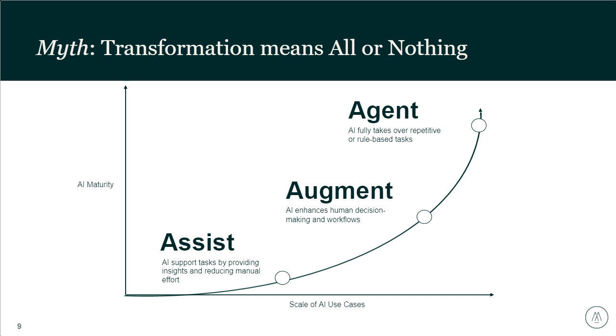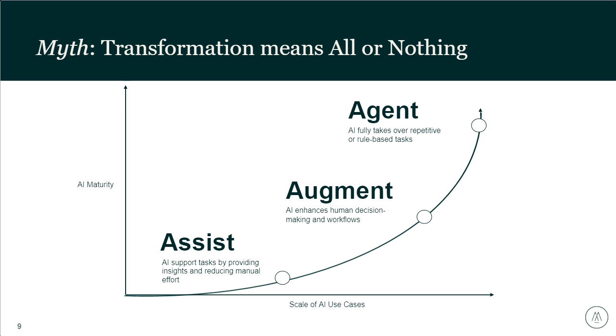When you have this initial progress where you're able to gradually build on your AI maturity and gradually scale your use cases, you can learn how it's working. Your employees become more confident in how to use the tools. And that's where you're going to start seeing the true value of AI, particularly Gen AI. So this assist, augment, agent framework provides a visual roadmap for this AI integration, ensuring that there are a series of manageable and impactful wins.